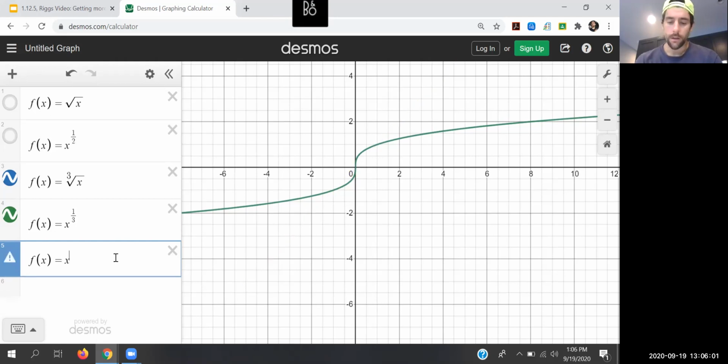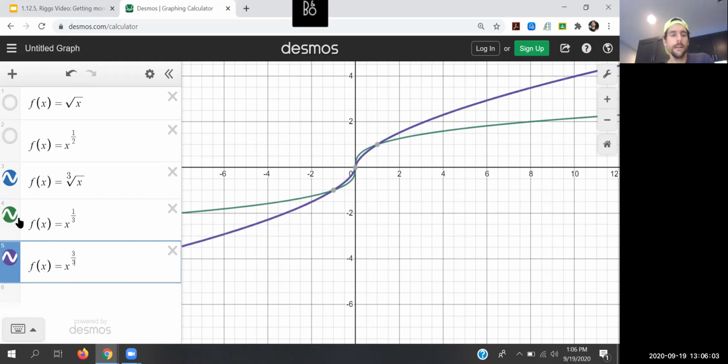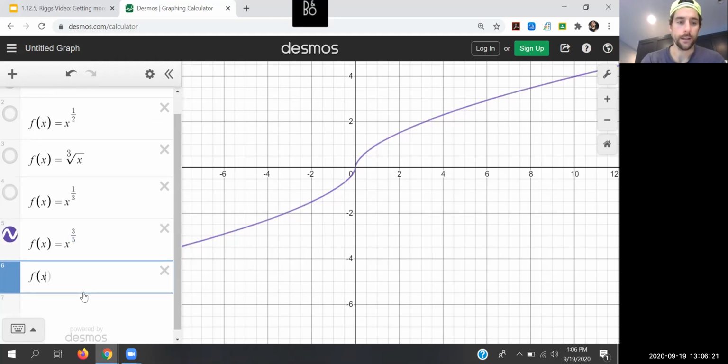To the 3/5 power. So this is defined for all positive and negative x values. And I knew that because if your denominator is an odd number, it's going to be defined for all positive and negative x values, because it's going to be possible to have a negative value that results in that answer. Just so you know, again, I could write that as